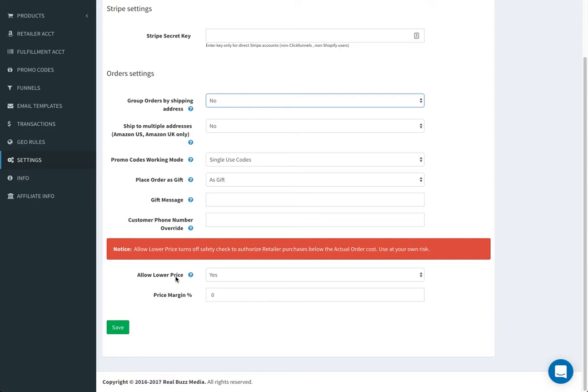Also, allow a lower price. So, for instance, you may be doing a free plus shipping, and the product in your account may be a $9.95 product, but you want to sell it for free and just apply the shipping, right? And so what you would do is put up here to allow a lower price. So this says, okay, I can allow a lower price in ClickFunnels, and when it comes through, I understand that it's a lower price item, and I'm not going to kick the order out or what have you. Okay, and so I'm going to go ahead and save this,